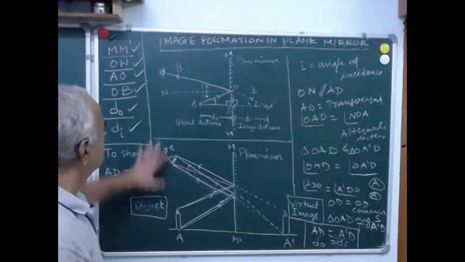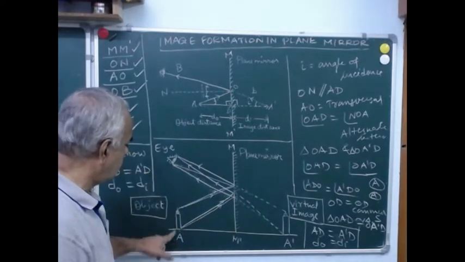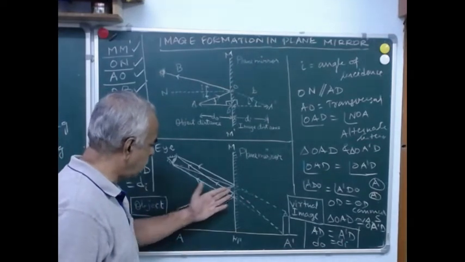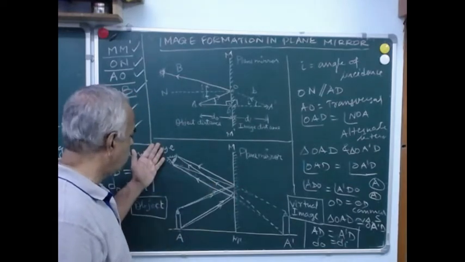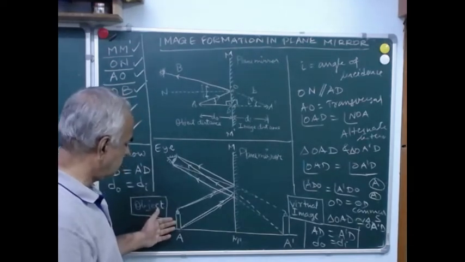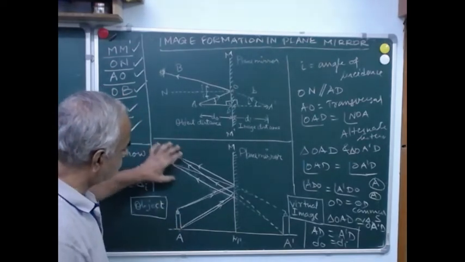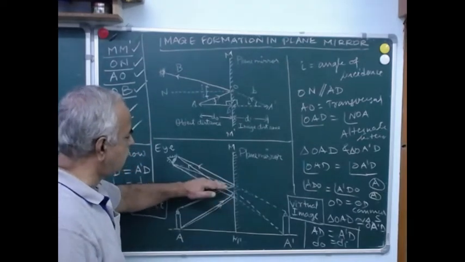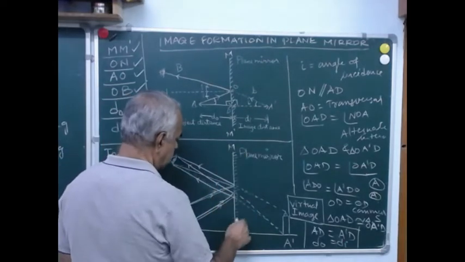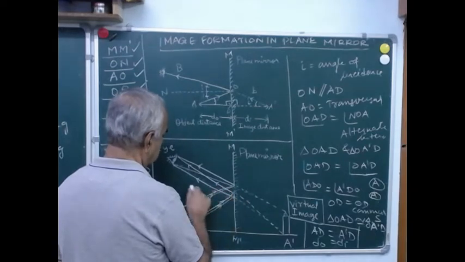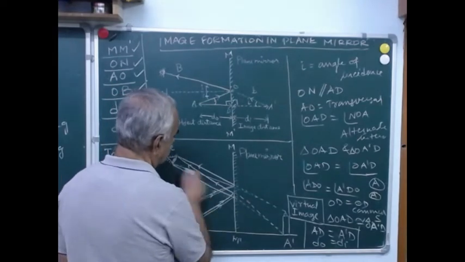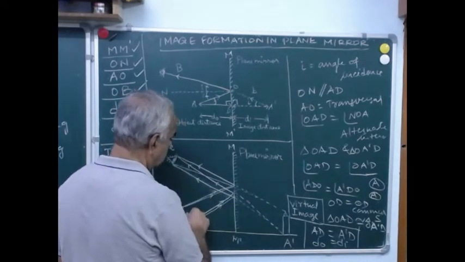So let me summarize. We have got the actual diagram here with an object, a candle, kept in front of the mirror. The incident ray falls here on the mirror and you are able to see the image of the candle from here. So it means the angle of incidence is equal to angle of reflection. You should note down one more point: the incident ray OA, the reflected ray OB and the normal all lie in the same plane.